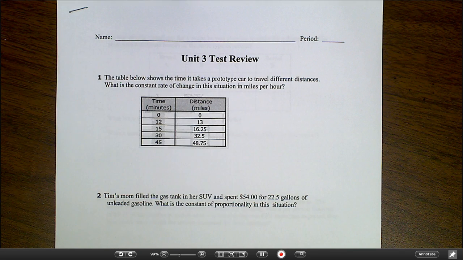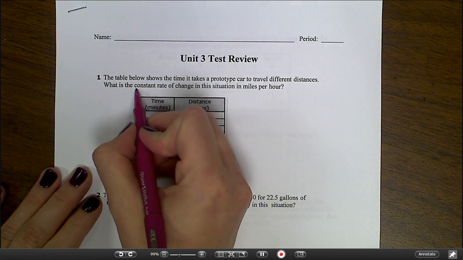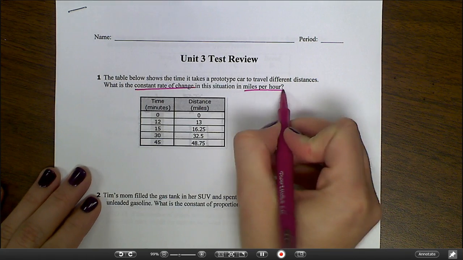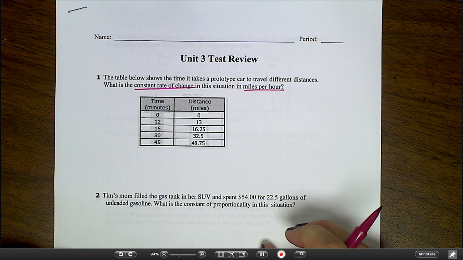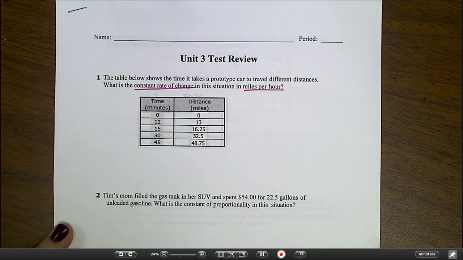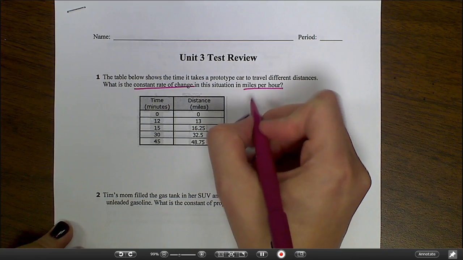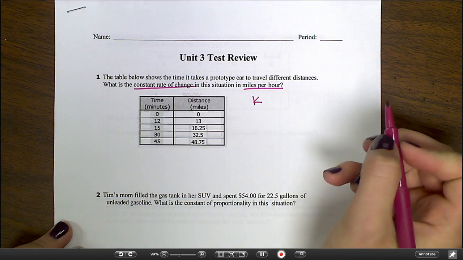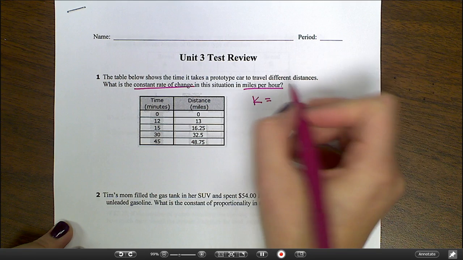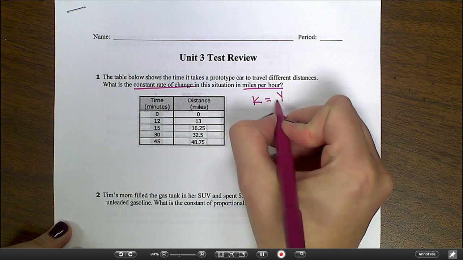Let's look at number 1. The table below shows the time it takes a prototype car to travel different distances. And a prototype is just like a sample. What is the constant rate of change in this situation in miles per hour? So we know that the constant rate of change, or k, is going to equal y